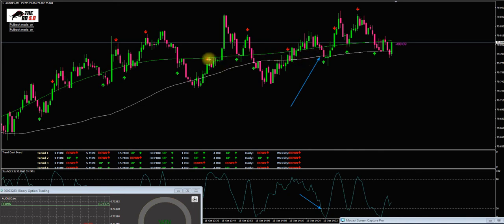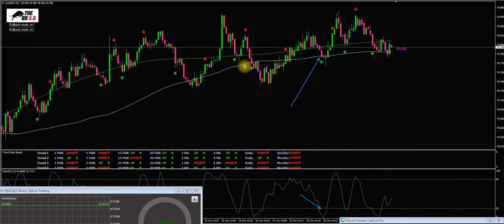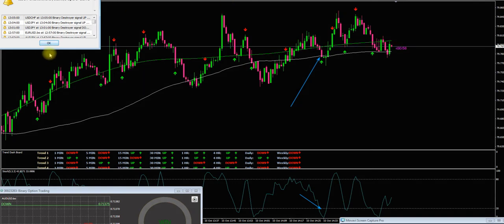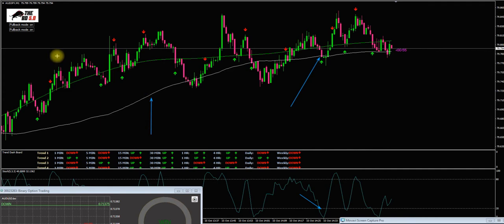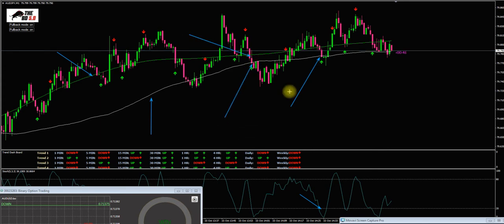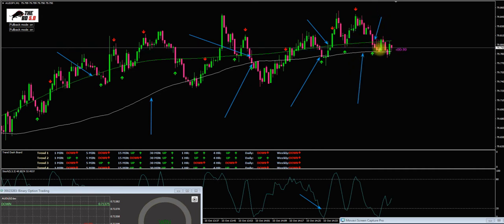What I don't like about this is look at the bands. They're very close together, and this normally symbolizes a trend change. If we actually look at the zones here, the white one and the green one, they're very far apart. But if you look here, they're getting very close, which normally symbolizes a trend change. So as you can see here,